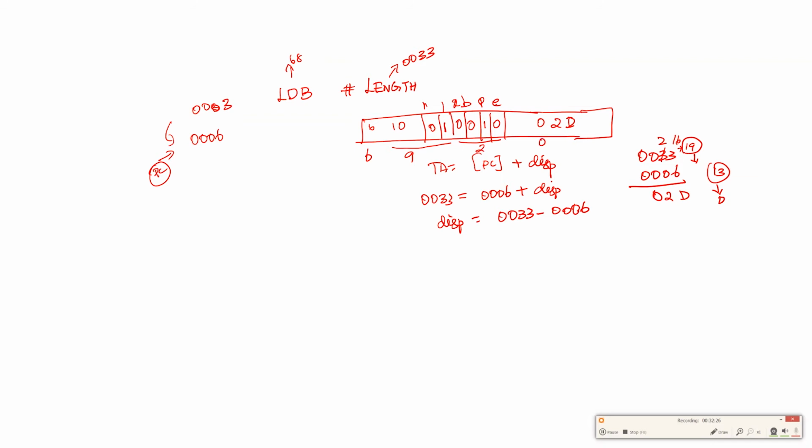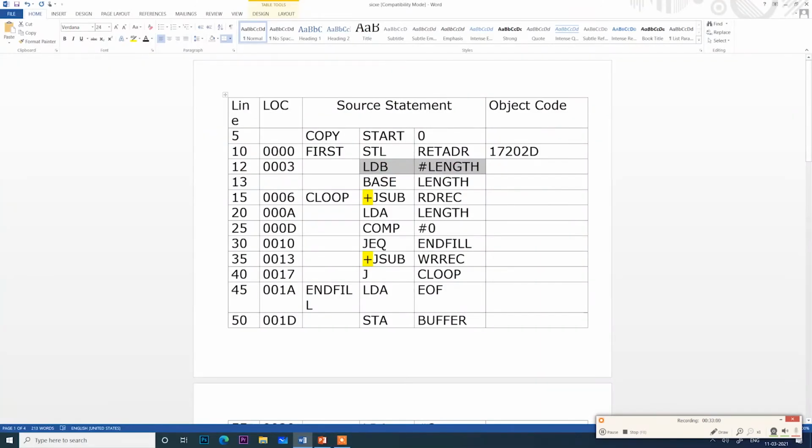This is 02D. So this instruction is converted into 69202D. Second instruction is converted into 69202D. The type of addressing is program counter relative as well as immediate addressing.